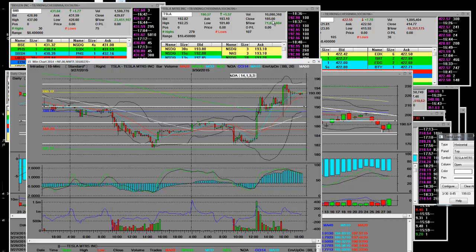So, Tesla was a trade today. It closed at 185. It had that low here on that 15-minute chart. Ours was 182 and a quarter by 182.25. And so we had 279 highs and 107 intraday lows. So basically, this is what it looks like, and how that